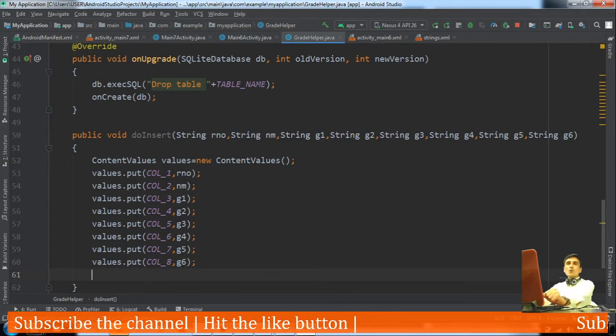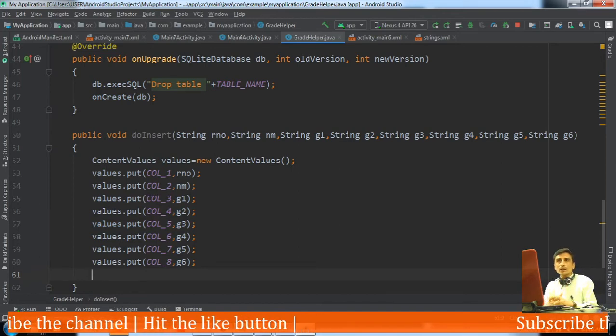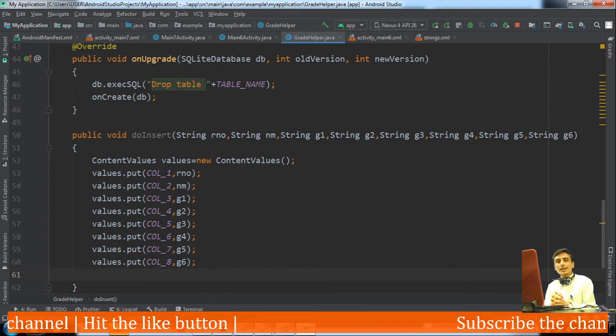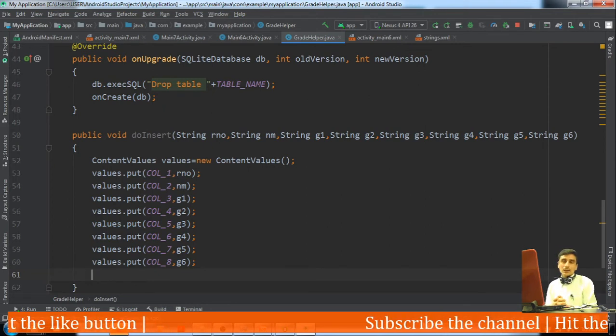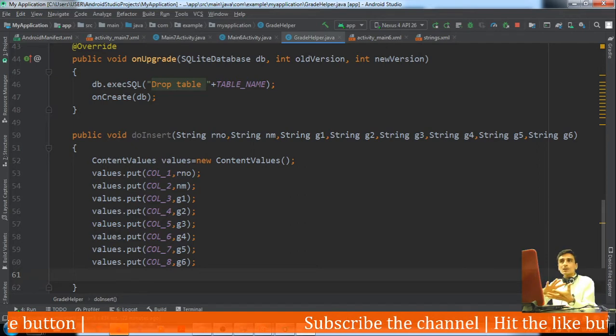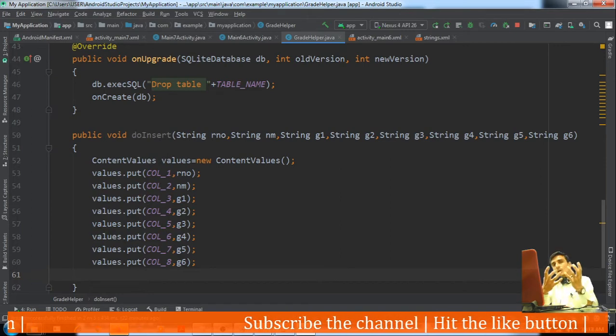Okay, now as we have all the data inside the content value object, to insert the record there is an insert method available which belongs to SQLiteDatabase, but here there is no object available which belongs to SQLiteDatabase, so we should create one. But we cannot create an object because it is a helper class. Here the object is already available, so we need to retrieve that object.